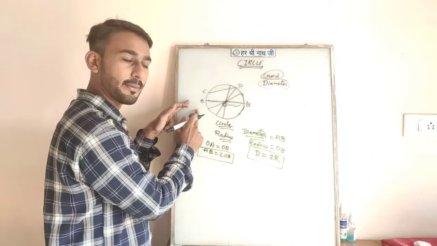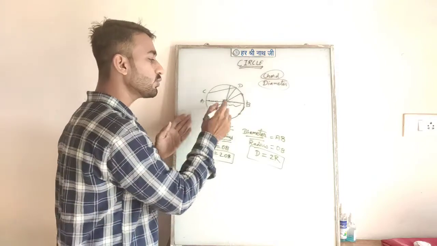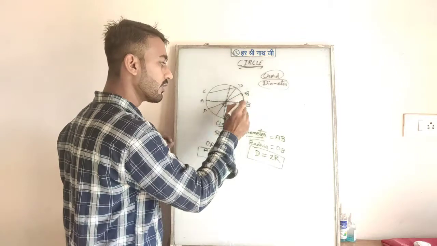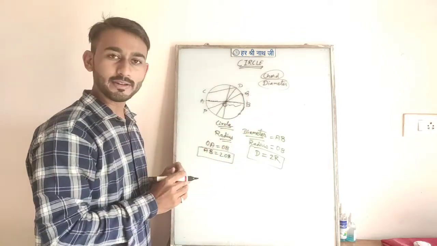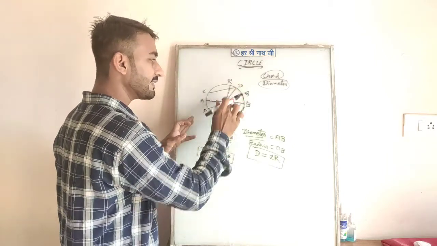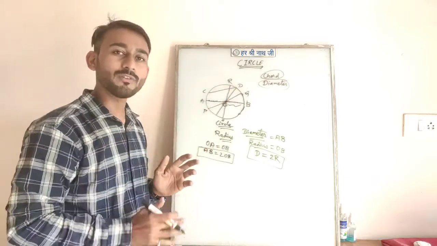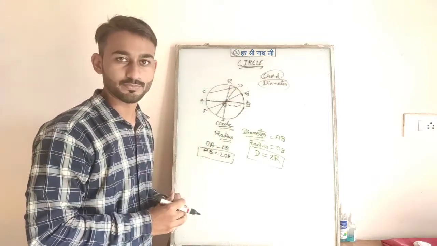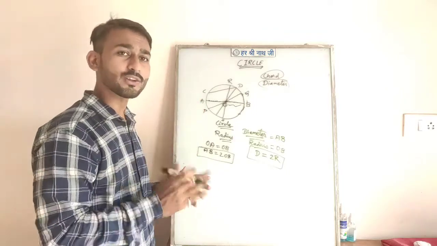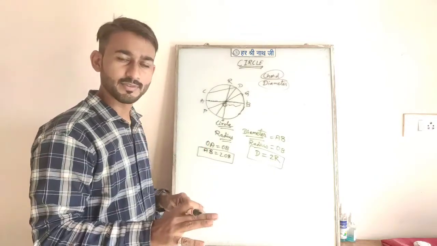Because if we take the example of diameter AB, this diameter has to pass through the center. Take the example of any diameter, let it be PQ. So see, PQ is a diameter. Again, take the example of R and S. So this is again a diameter. But all the diameters of the circle always pass through the center of the circle. Okay. But in case of a chord, it is not necessary that the chord will definitely pass through the center of the circle. It is not necessary, right?